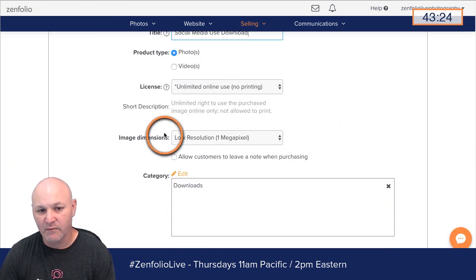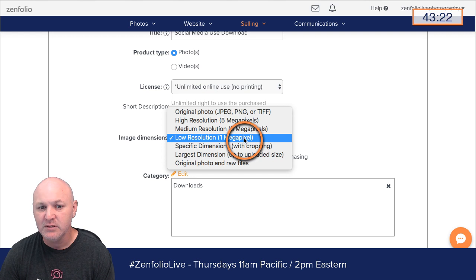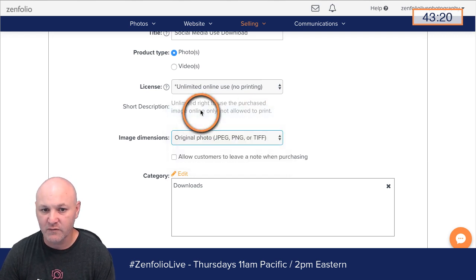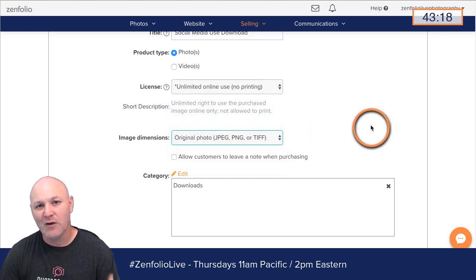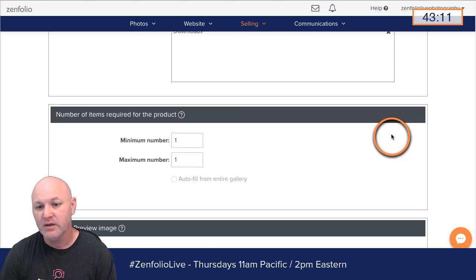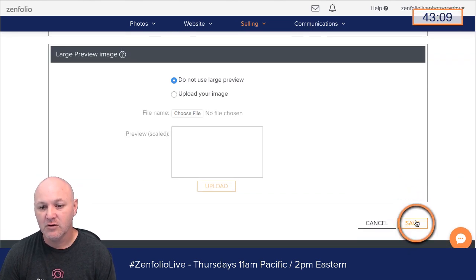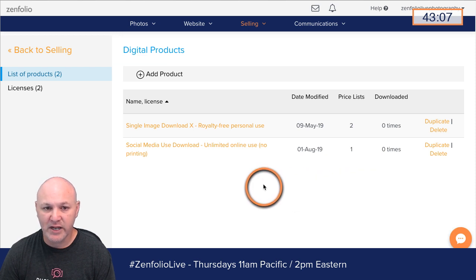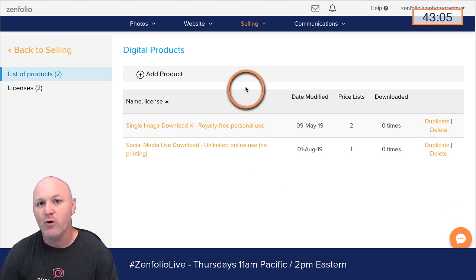We can change this up from requiring a 1 megapixel to just saying original photo. That way there's not a megapixel requirement on it. It will just let them download the actual photo. And then if I save this, what I'm going to do is create a special price list for my low